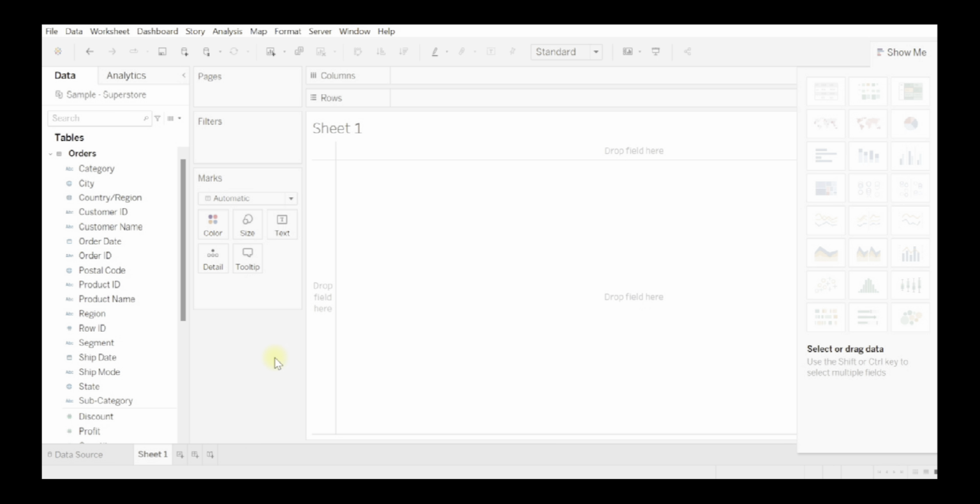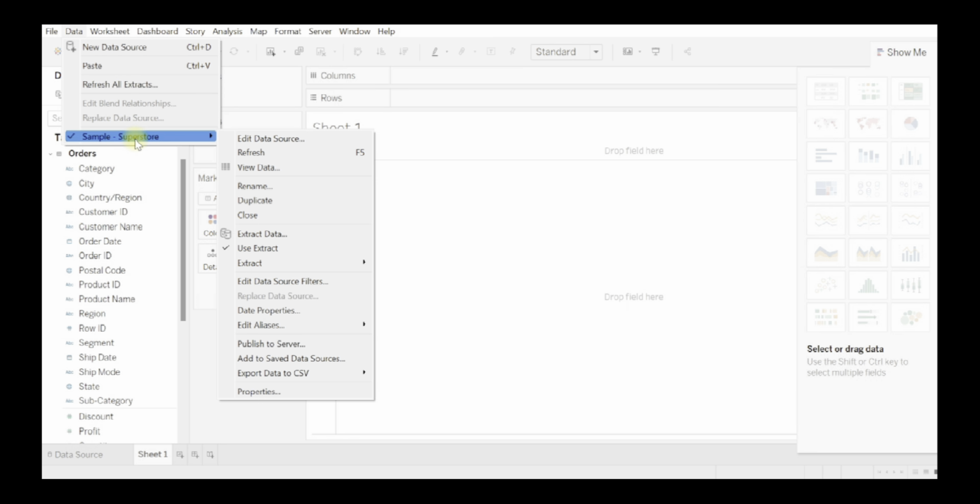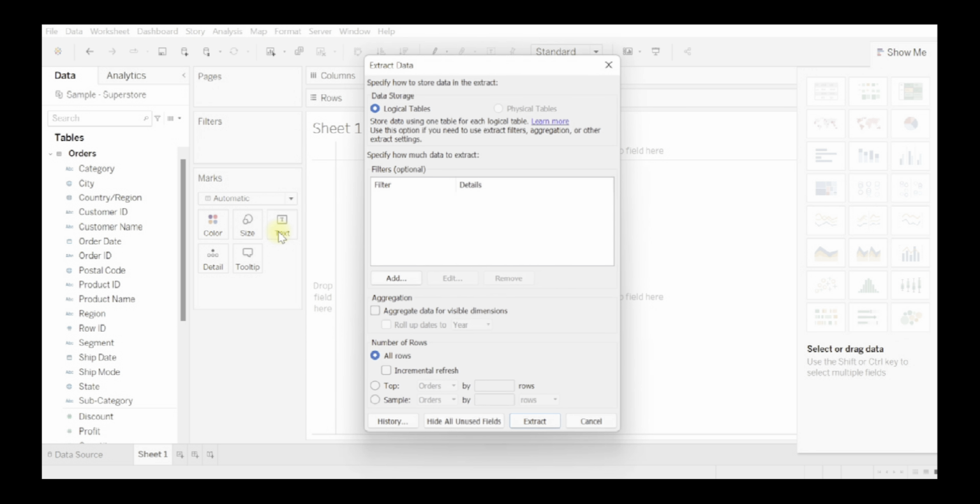The second way to create an extract is on your sheet 1, from the data pane in the menu bar, click on data, select the Sample Superstore, the name of your data set, and click on extract data. Now when you click on extract data, a pop-up comes up where you need not make any change. We need all the rows, so we have selected all the rows.